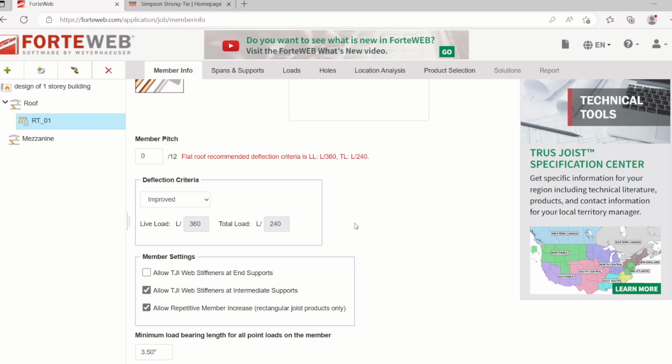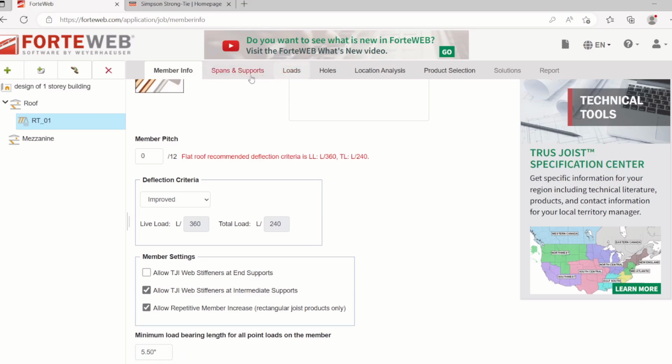If the rafter is sloped, then you apply the slope. But this one, the bottom chord, all the loads from the top chord will be transferred to the bottom chord anyway, right? To the end, right? So you can just assume the truss as a flat truss. So that's fine, unless you design actual rafters. This is a pre-engineered truss. All you need on this one is just to get the reaction. Minimum load bearing for all point loads on the member